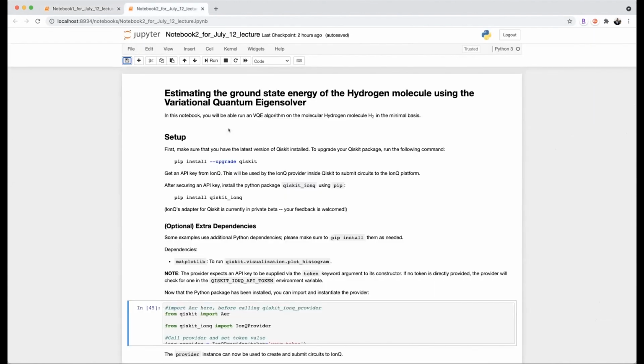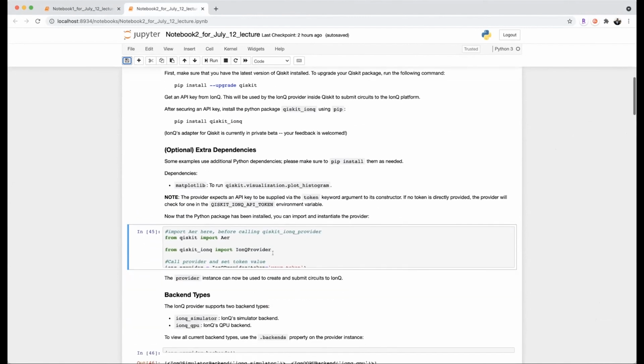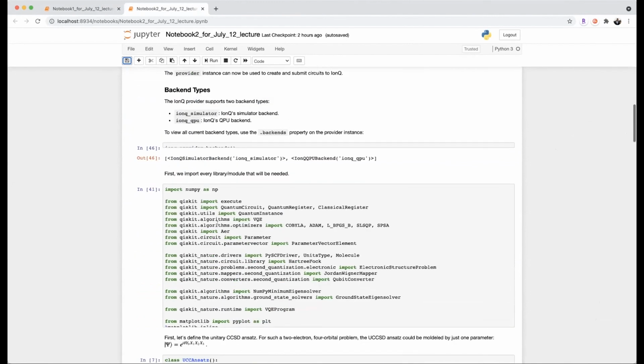All right, so in this notebook, which is much more complicated than the first one, we'll be estimating the ground state energy of the hydrogen molecule using the variational quantum eigensolver. So you'll be able to run a VQE calculation on the H2 molecule in the minimal basis. All right, so we do basic setup. We import the IonQ provider, and then all the necessary